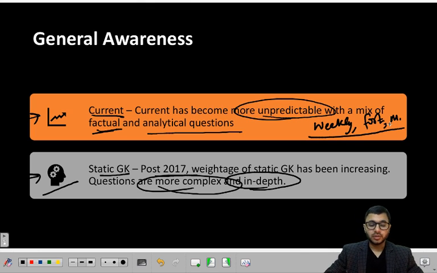Monthly is good enough. You spend 5 days in a month only for current affairs, cover it in 5 days and move forward to the next month. So in my opinion, don't cover it daily. I also have to provide it daily because students don't listen to me. They keep demanding that we have to cover it on a daily basis. But I would not recommend that you cover it on a daily basis. Okay.